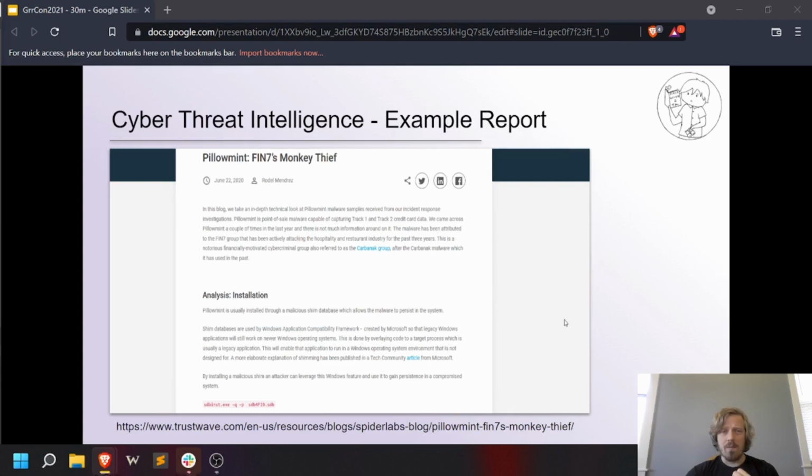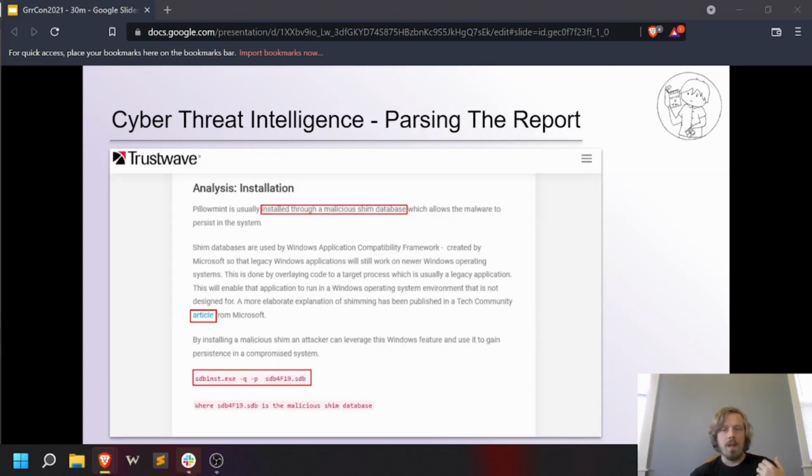So let's click on one, and it takes us to a report by SpiderLabs. We already have an actor to emulate and hunt this week, FIN7 in our case. All their tactics and techniques are neatly laid out for us, and this report should get us some of their procedures for the techniques that they use. And just in this first paragraph, we have some interesting data. Their payload is Pillowmint. It's installed through application shimming. It tells us what shimming is in a reference for more detail.